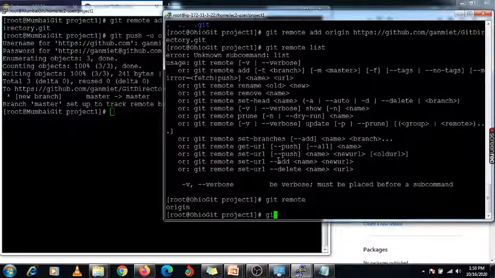Now we need to pull it. So using this git space pull command, here you need to first pull that code which you have written in your central repository. So I am going to pull it from this central repository using this command: git space pull space hyphen u space origin. So the name is origin space master.